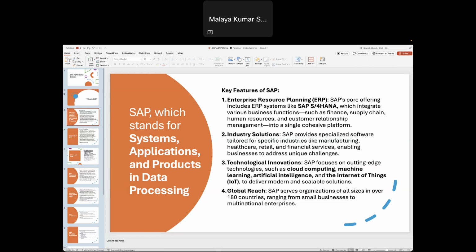And if you see the global reach, SAP is available in almost all countries, about 180 countries, and it's available to small, medium, and all kinds of enterprises.